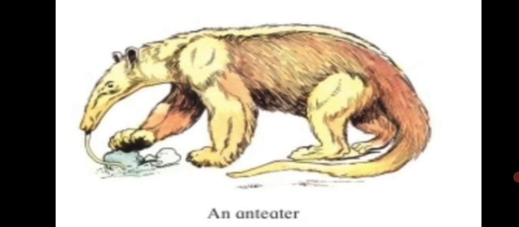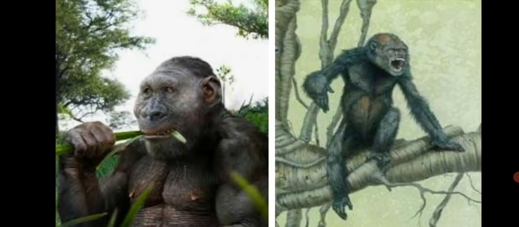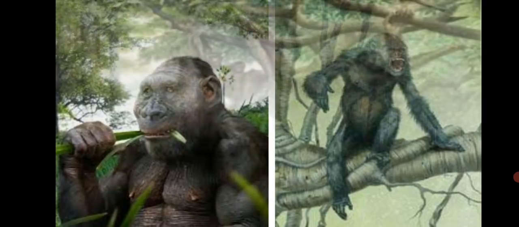Now the last part of the lesson is apes. So let's learn more about apes. Apes are somewhat like humans in appearance. They mostly live on trees. As you see in this picture, apes mostly lived on trees. Okay. Those species of apes